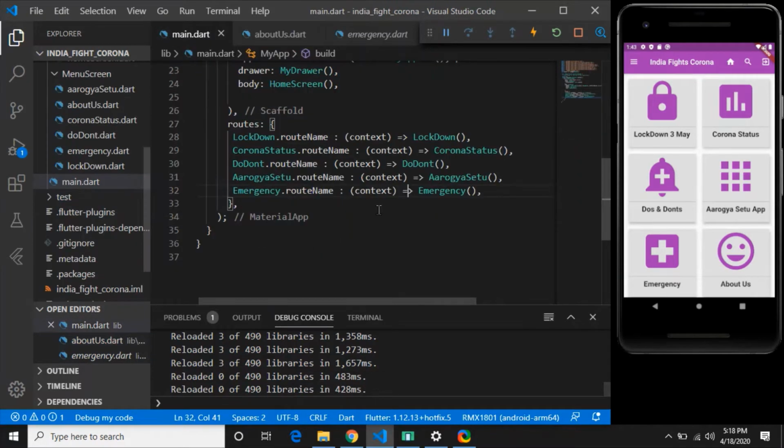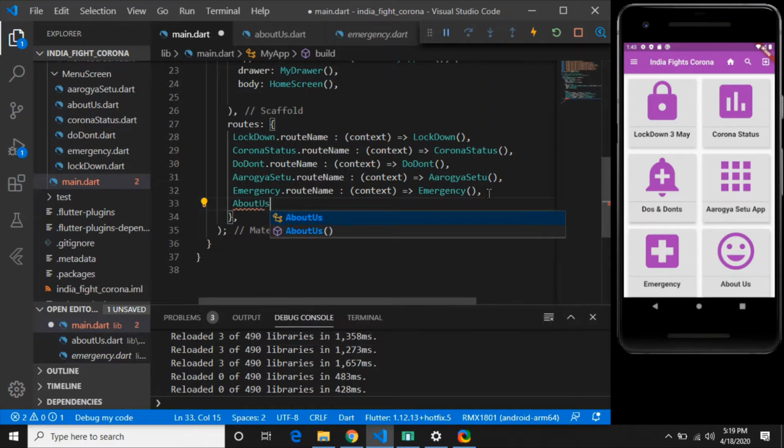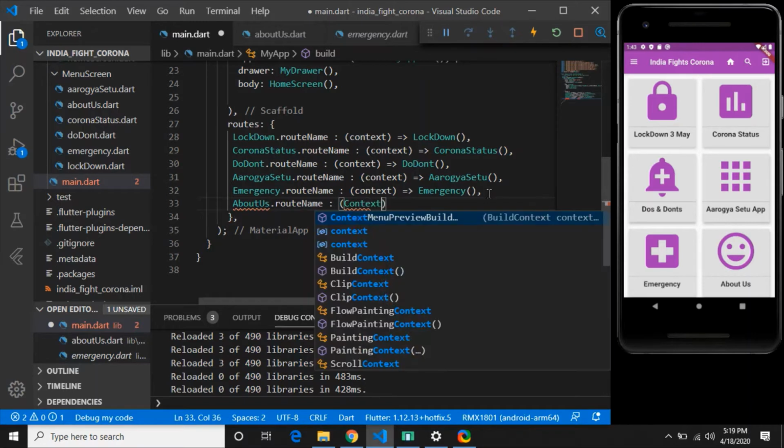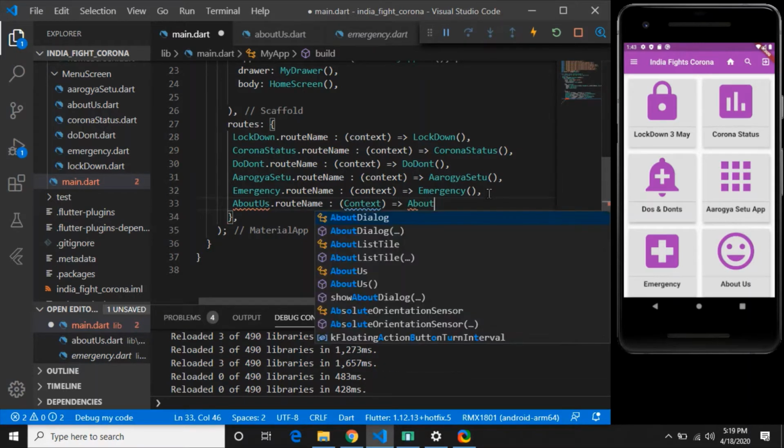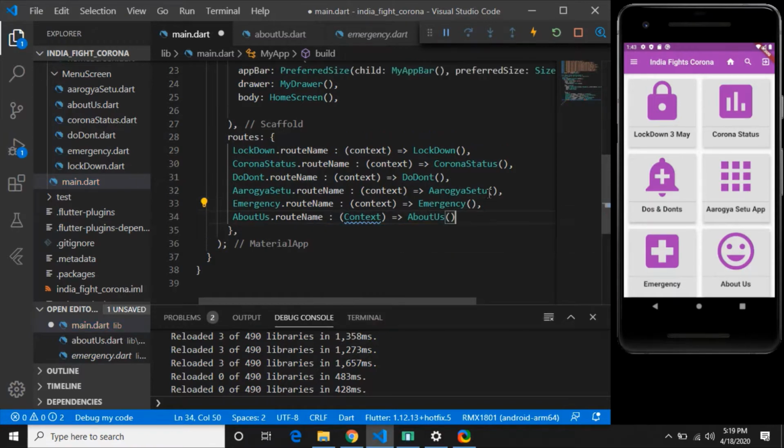So you can see there is AboutUs.routeName, and this route name should take the context, and it will redirect us to About Us. Give a comma at the end and save it.